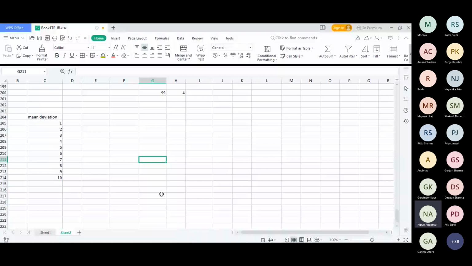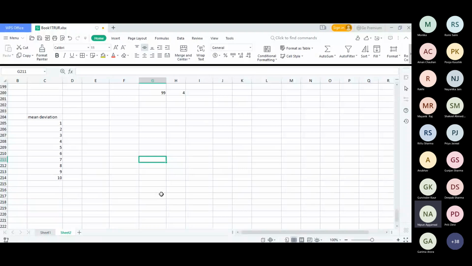But by default, if we are taking the mean deviation, it will be about the mean only. But it can be about mode or about median also. But again, if you want to calculate about median or about mode, it is specified over there. You have to calculate the mean deviation about median or mode. But if it is simply written that you have to calculate the mean deviation, you have to calculate